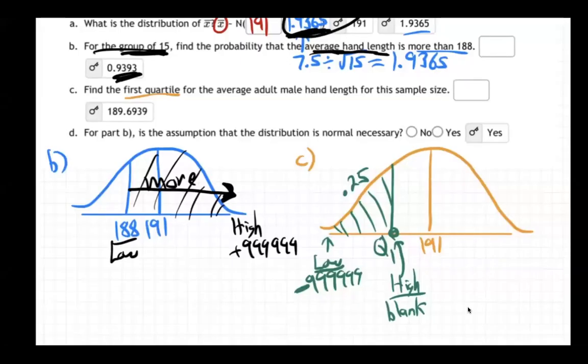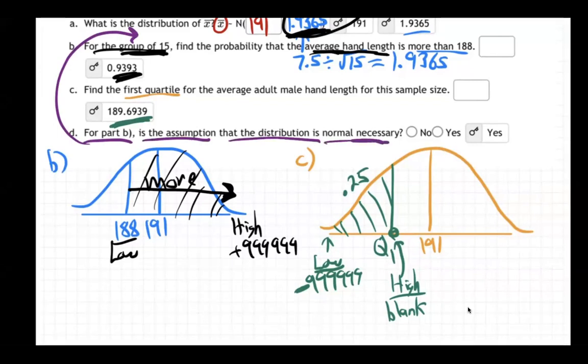Here we are. Okay. By the way, there's our answer we just got from the Q1. Now, final question. For part B, meaning when we did the group of 15, could have said part B or C. It doesn't really matter. For anything we're doing here, is the assumption that the distribution is normal necessary? We're going to say yes. Yes. Why? Because